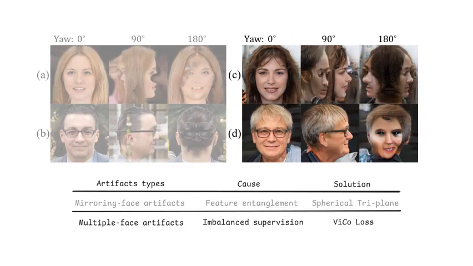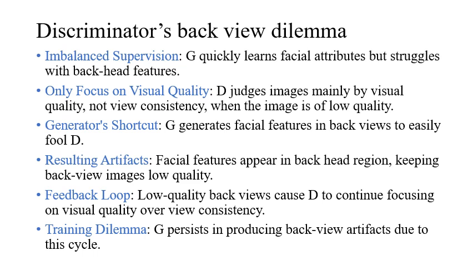The second type of artifacts is multiple face artifacts, which arise because of imbalanced supervision. In this scenario, the fake back faces exhibit divergent attributes compared to the frontal faces, indicating that they are not the result of feature entanglement. The reason for these artifacts is imbalanced supervision in the dataset. During training, the generator quickly learns to generate high-quality facial attributes, but learns slowly to generate correct backhead attributes. Because in early training, the discriminator mainly judges based on visual quality rather than the consistency between the image and